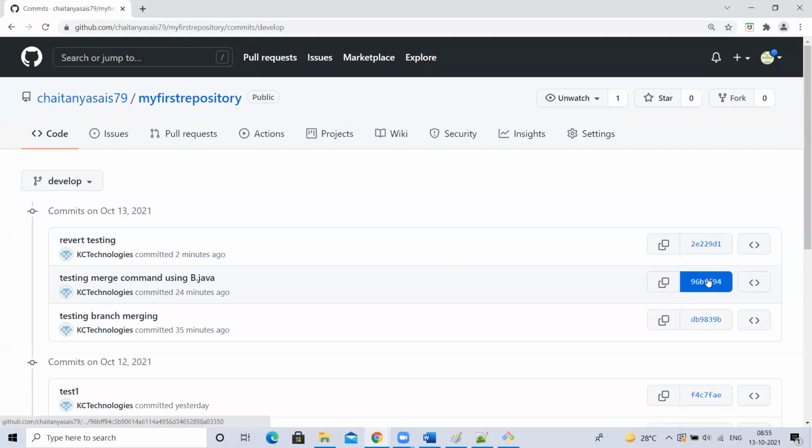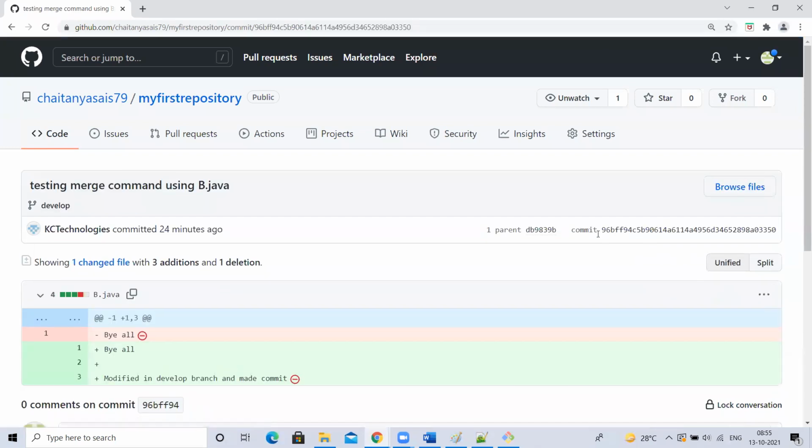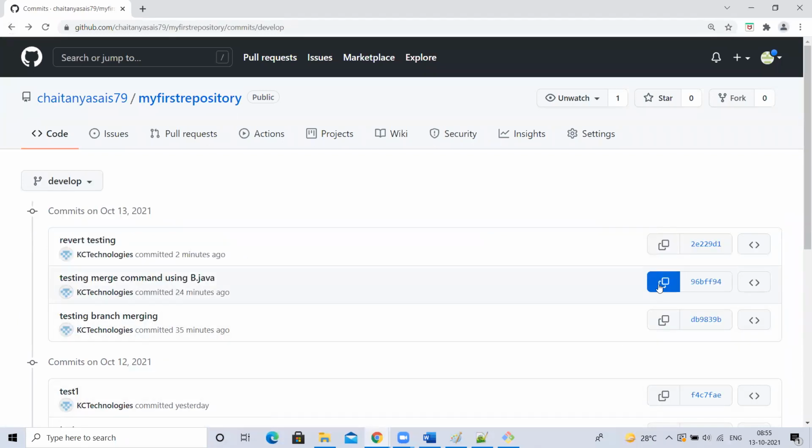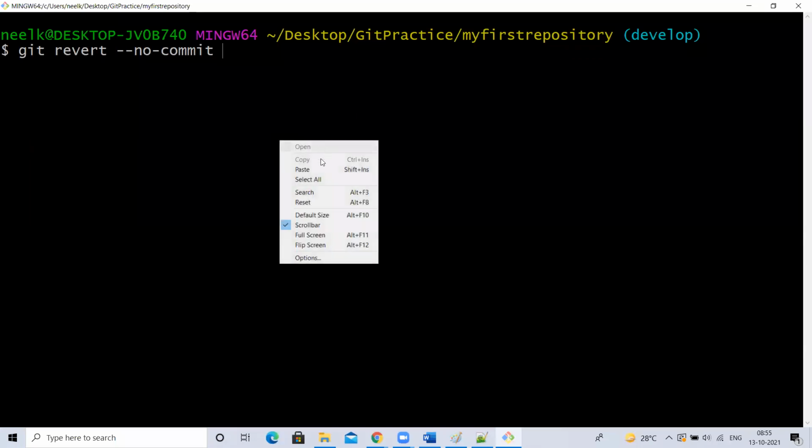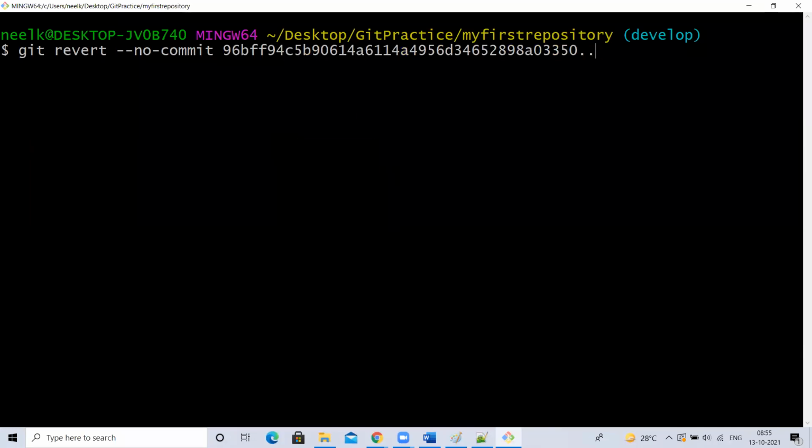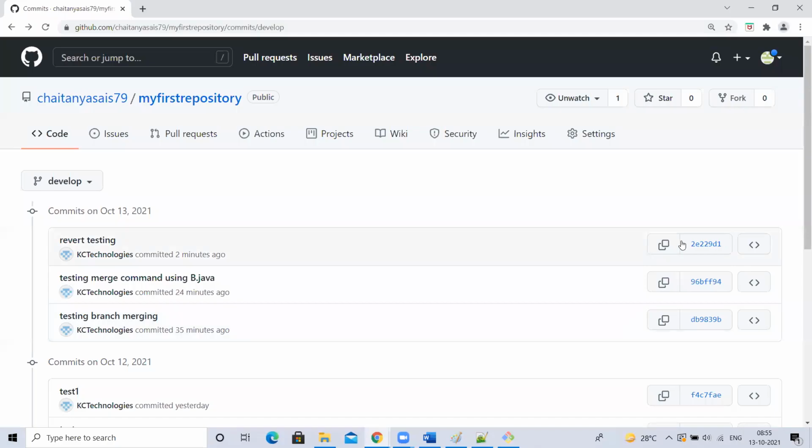This is very big. If you click on this, you can see that full commit ID. This you have to copy. Instead of doing this, you can just directly click on this. It will copy. Here also, if you click on this, it will copy. Paste it. Dot head you can give. Means you are saying revert back to my previous commit ID. Means make this commit ID as my head version. You know, right? Head means what? The latest commit ID. So this is my latest commit ID.